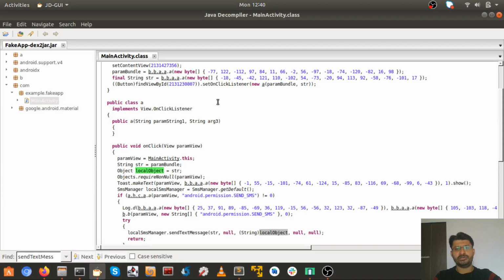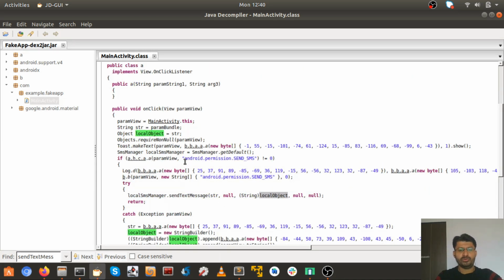I also mentioned this in a previous video where we were using the same app and using the log method to find out the message that is being sent. To be short and quick, you won't be able to find this easily by grepping or reversing the app. So let's go ahead and use Frida in this tutorial. Let me quickly show you what Frida is.